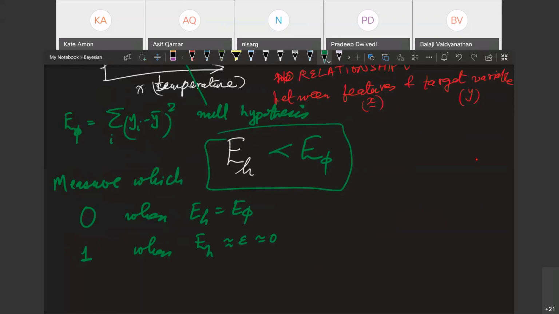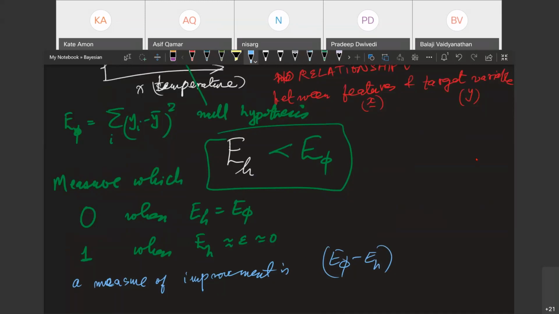So if you just observe this, you can see that a measure of improvement is, would you say that this would be a measure of improvement?